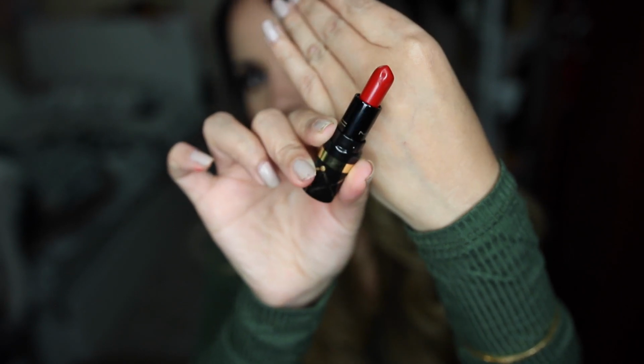Okay, let's move on to MAC Red, another one of their popular shades. I'm sorry for this really sloppy lip swatch now. It's like really lining outside of my lips, but this is too intense for me. Like, geez, I don't know how some...